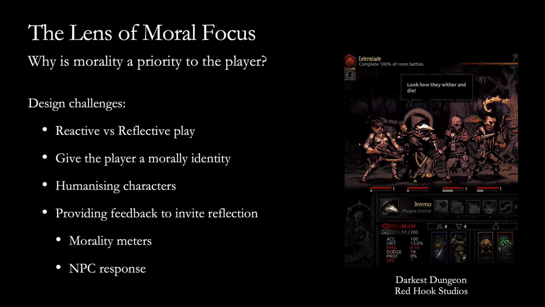There are other ways also, through various feedback mechanisms, for example morality meters, or reputation meters, or having NPCs or other characters directly give us feedback on our behavior. The challenge here is to think about what the consequences of that feedback are. Morality meters are particularly contentious here. Is the morality meter there to act as a moral guide, or is it something that we're just there to instrumentally optimize? So again, I keep returning to Fallout.